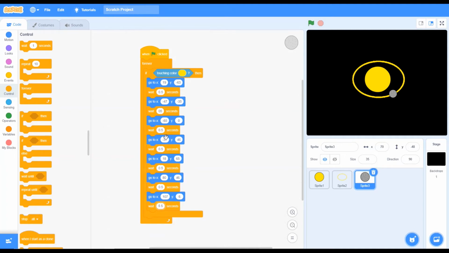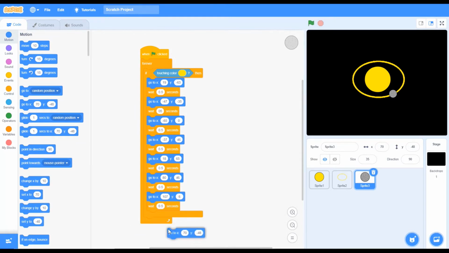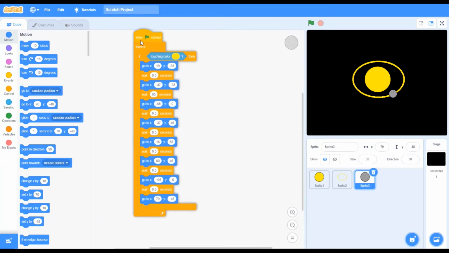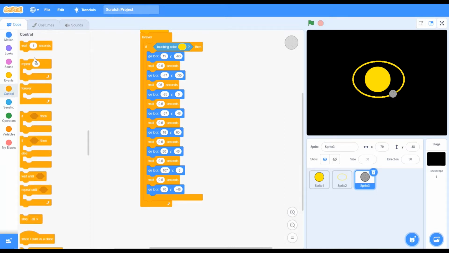So friends, then we will again go back to the motions, bring this block again. Then we will go down as we have placed, and if you want, you can go back up there. Then again we will go to the controls. Seriously, it takes a lot of time. Now again we wanted to go here. Okay, then it will go to its original position automatically. Yay!